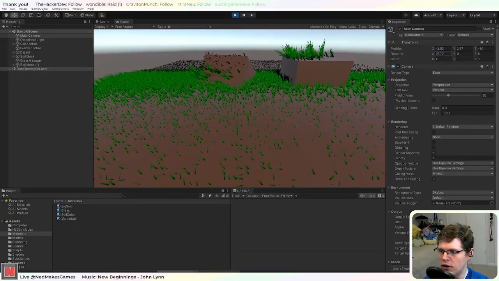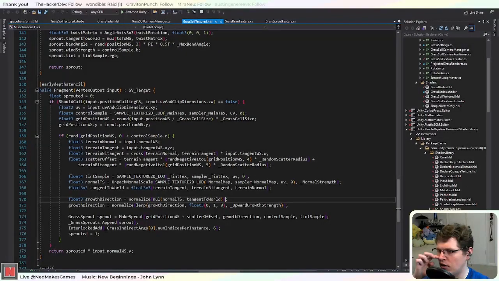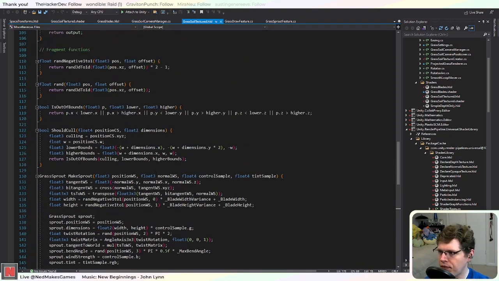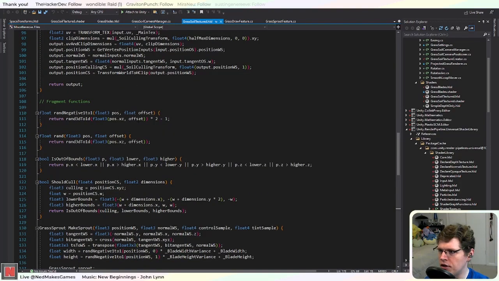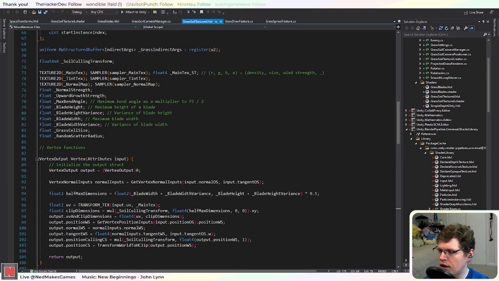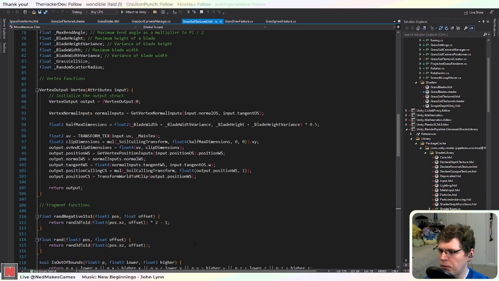And the reason that happened is because I wasn't really calculating the dimensions of the grass blade correctly in clip space. Last time I was calculating it in clip space and already applying the perspective transform to the